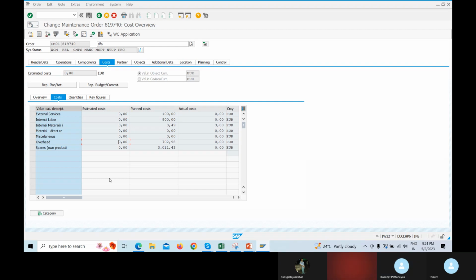Internal services, what is the meaning of it? Sir, your own, you do PM01. It is only internal services. Labor cost. What we are discussing now is the KP26 flow. Other than that, there is overhead. What is overhead? Do you know? Overhead is the miscellaneous charges. That we'll discuss. Anyhow, we are good.